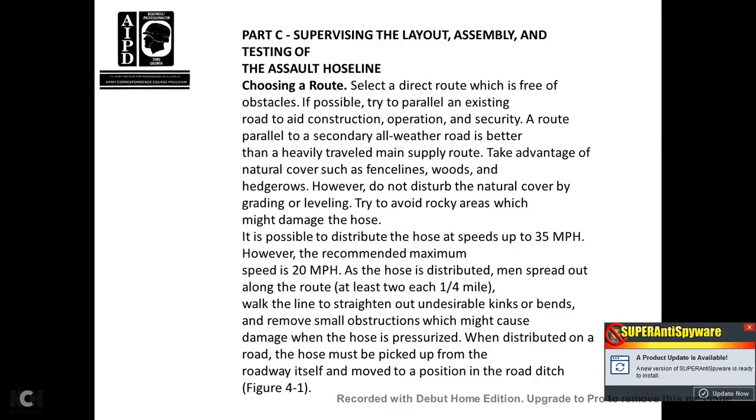Part C, supervising layout and assembly of the testing of the assault hose line. Check the route. Select the most direct route, free of obstacles if possible, parallel to an existing road to aid construction and operation security. Parallel to a secondary all-weather road is better than a heavily traveled main supply road. Take advantage of natural cover such as the defense line, woods,